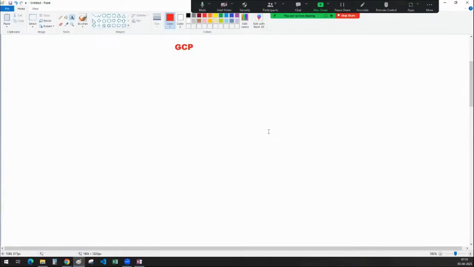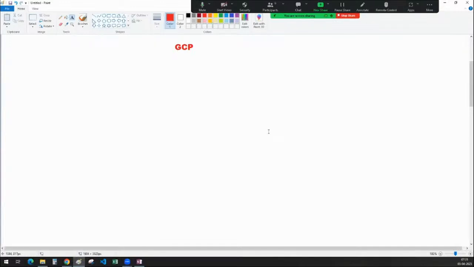If we have to say what services GCP provides, in terms of data engineering you can look at the databases it provides and also big data processing tools, and many others. For example, there are Compute Engine, Kubernetes Engine, App Engine, Cloud Functions, serverless platforms, and fully managed services. All of these things the Google Cloud Platform provides for us.